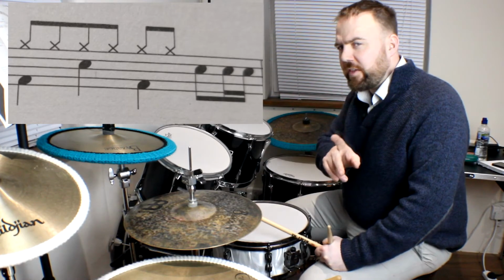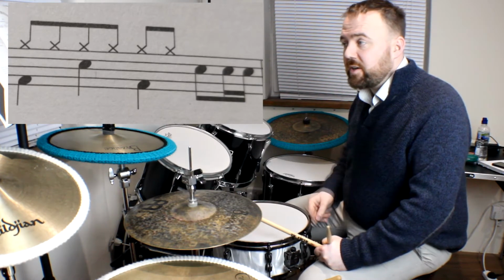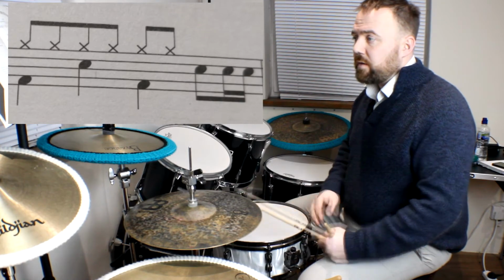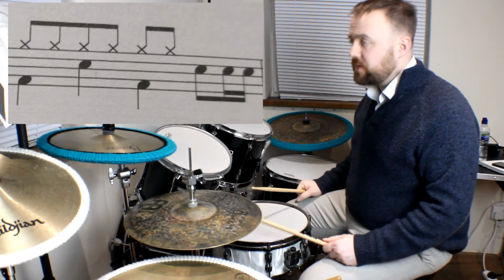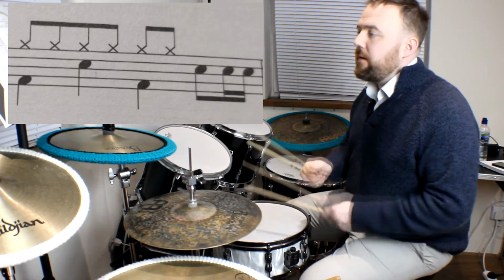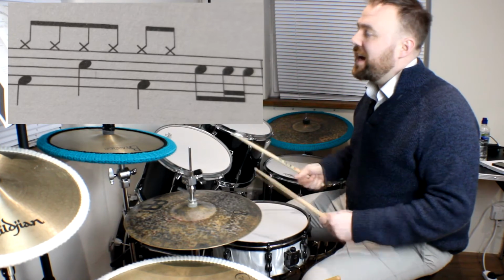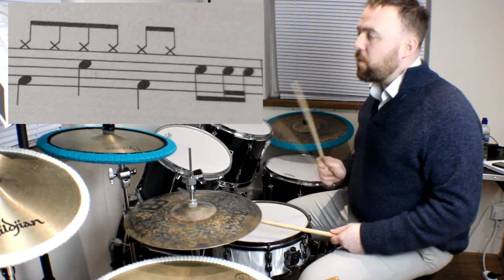But you're not doing nothing in those 4 beats. You're still counting. Maybe you're counting the part of the bar that you're not able to do. In this case, it would be 4 and that. Okay? So you're going 1 and 2 and 3 and 4, 1 and 2 and 3 and 4 and out, 1 and 2 and 3 and 4 and out, 1 and 2 and 3 and 4 and...